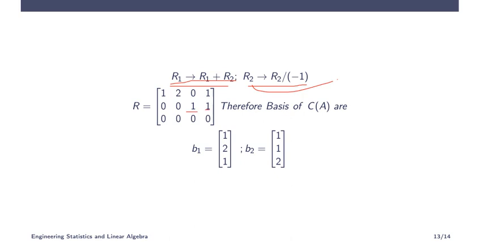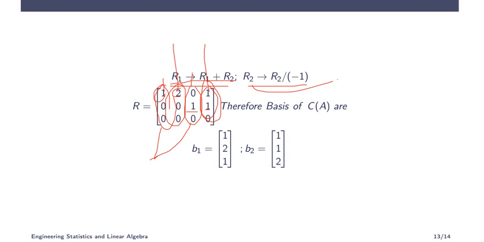So which are the pivot columns here? This is a pivot column and this is another pivot column. These two are not pivot columns, they are free columns. So here, which are linearly independent? These two columns are linearly independent, and they can produce this one, because this is 2 times this one, and this can be obtained by adding the first and second. So these two are linearly dependent on these two.